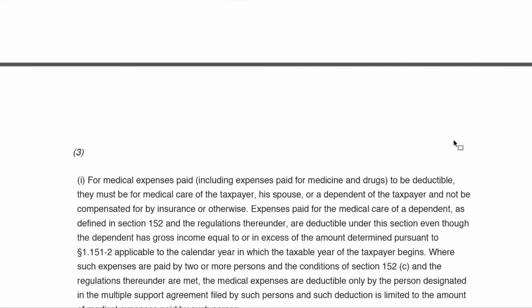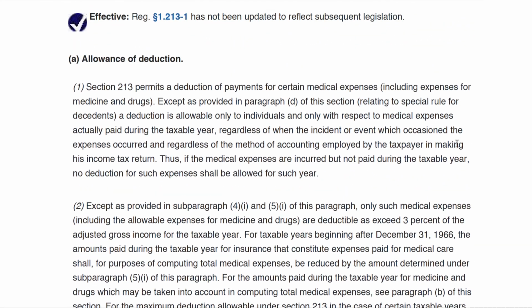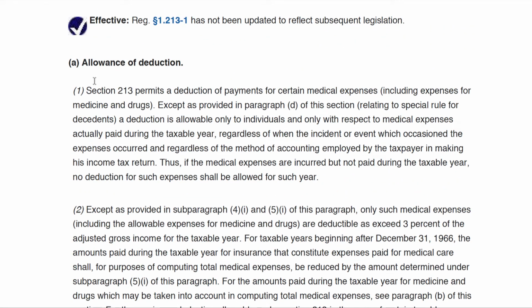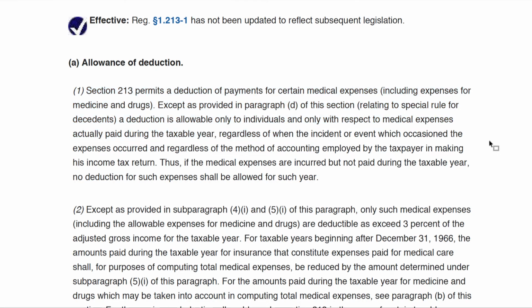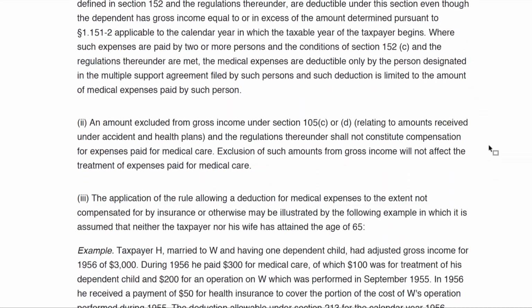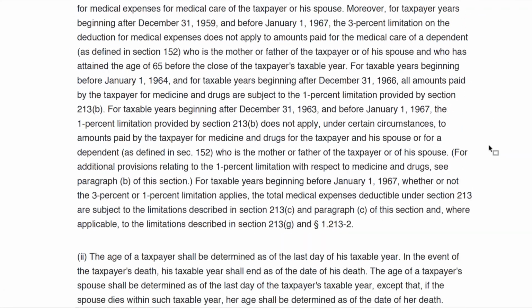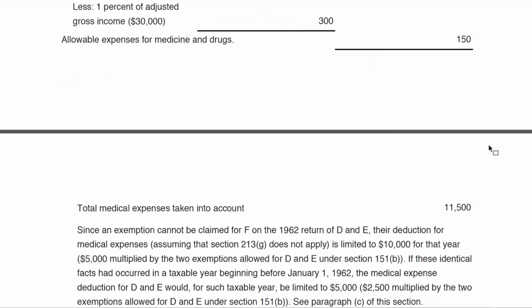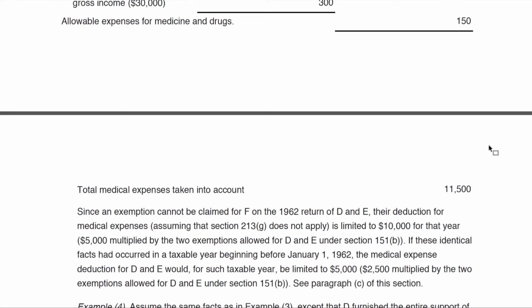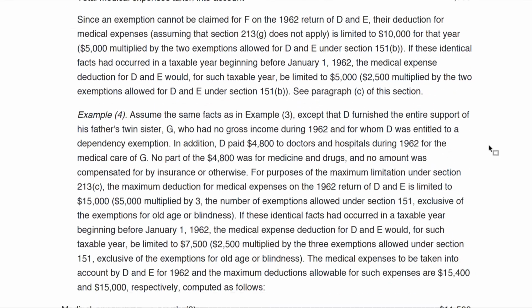And regulations are structured very similarly. They follow the code, talk about allowance of deduction. Section 213 permits a deduction of payments for certain medical expenses, except as provided, and so on. So you notice that the language is very similar to how the code section starts out. And that's exactly correct. It follows that same format of the code section we just looked at for section 213, which remember, the code section is always where we start. So basically the code section says you can take a deduction for certain medical expenses. Then we go to the regulation to help us